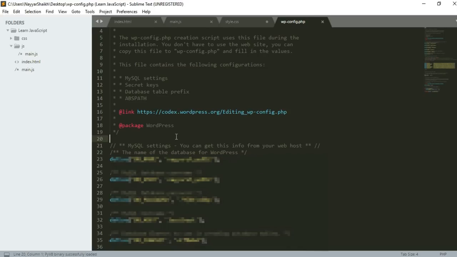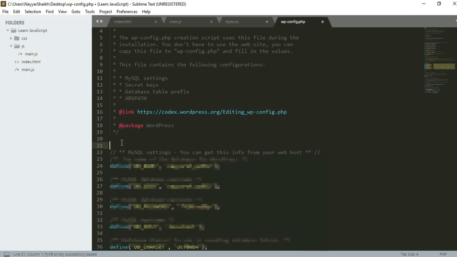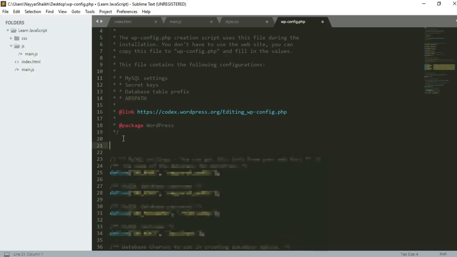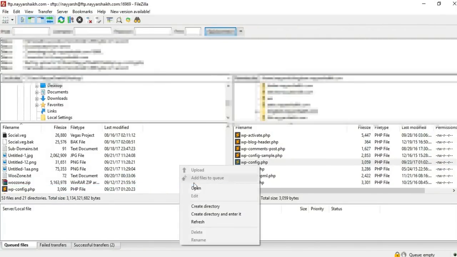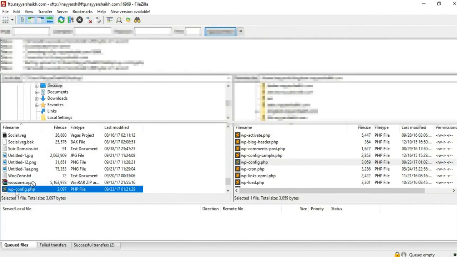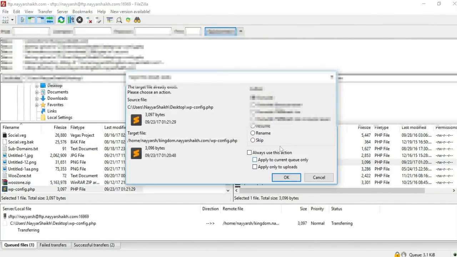Now over here you can actually paste it anywhere. I'll select this place and just paste that code, the define WordPress memory limit line, and press Ctrl S to save the file. Instead of 96 just type in 128. Simple as that. Again save this file, go to FileZilla, refresh from here, again take this file over here,